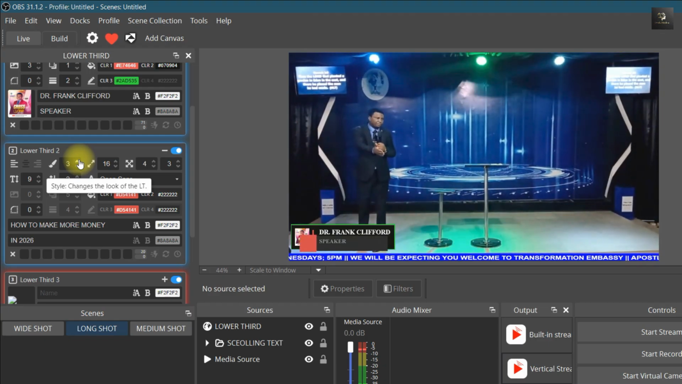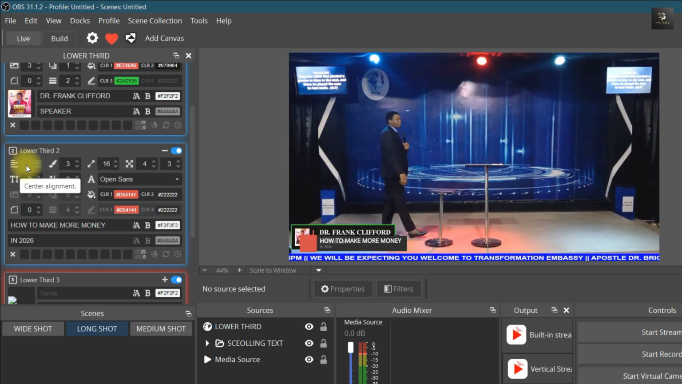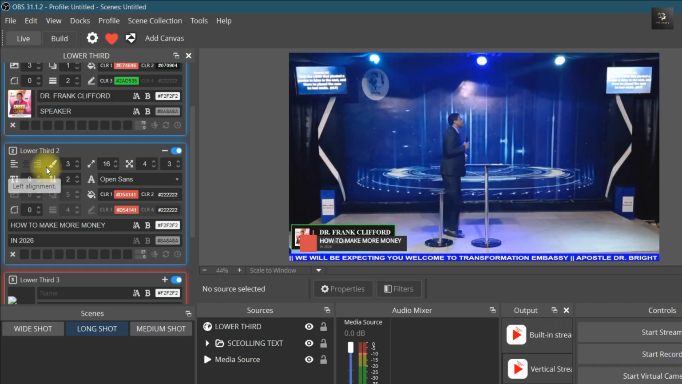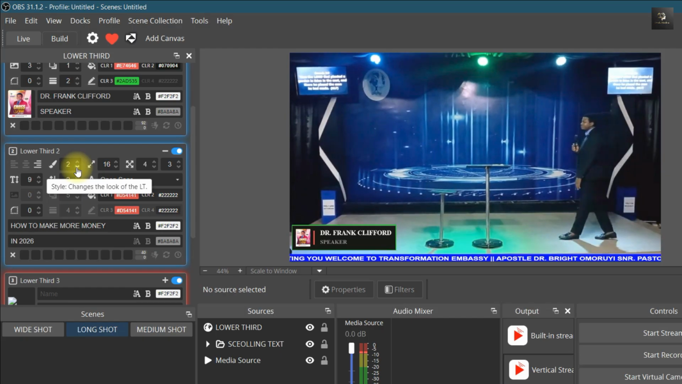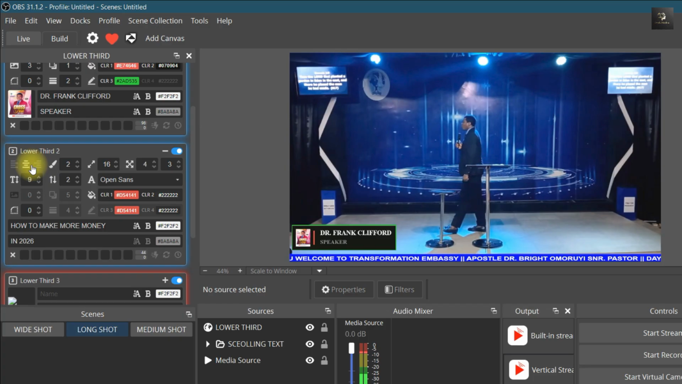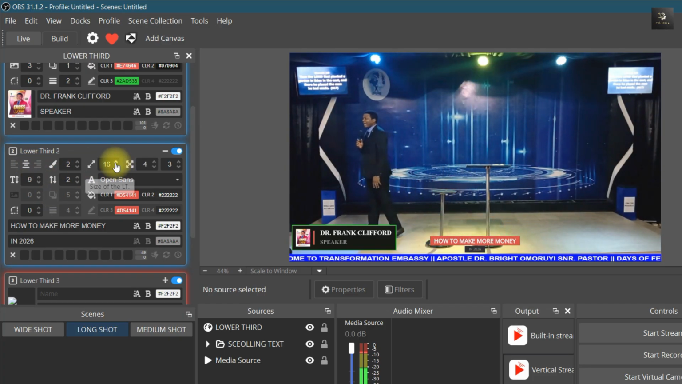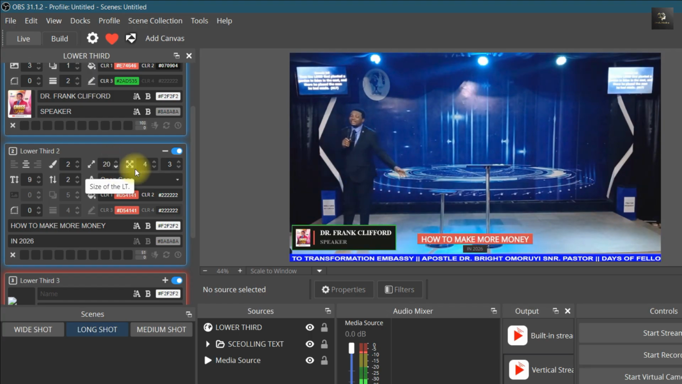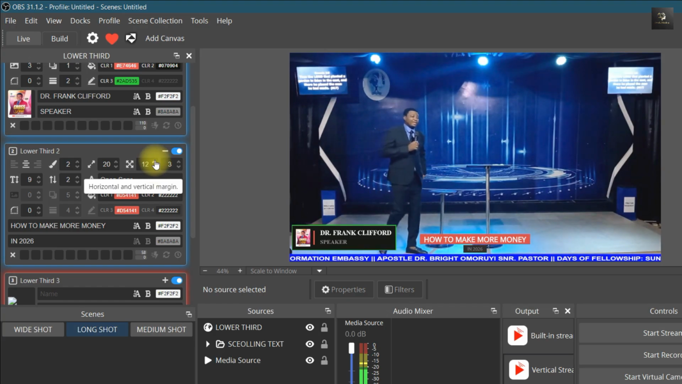But the downside to lower third 3 is it doesn't have center alignment. It has to be either the left alignment or the right alignment. So I can leave this like this, or better still, I can change it to lower third 2 and leave it at the middle. It's basically the same thing. You can increase the sizes with this section. You can increase the horizontal and vertical alignment margin,